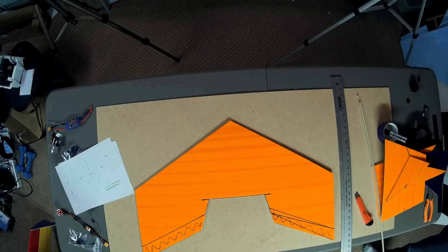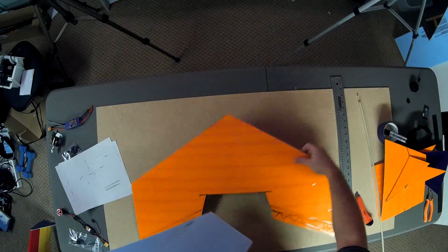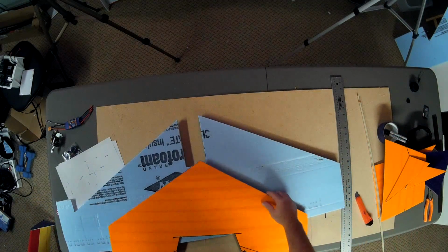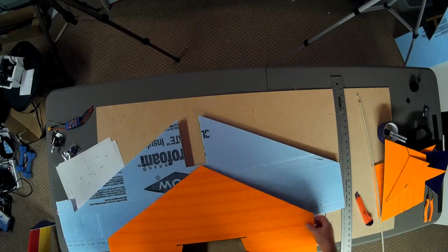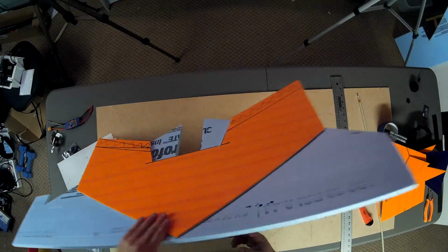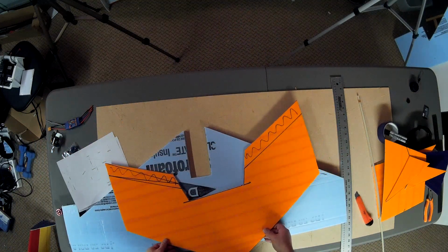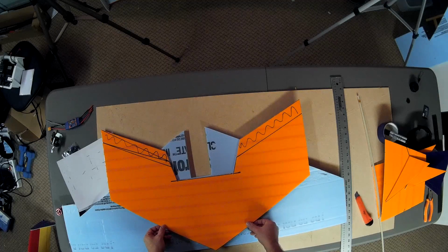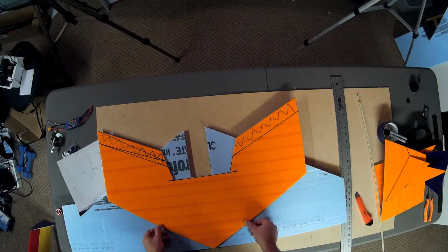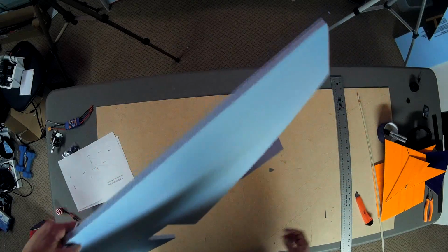Okay, so for the airfoil, and this leftover piece of Dow Cladmate. Let's see how that. Is that even close? Not really. Well, it gets. I think we need,